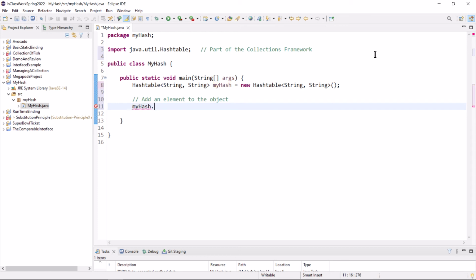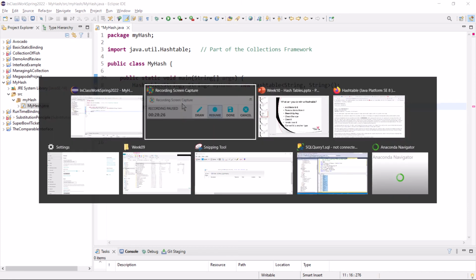That makes me kind of sad. I'm going to try to just force this to build. And maybe... Nope, nothing. So I'm not getting any online help from Eclipse. When I press the dot, I get nothing. Well, okay. That happens sometimes.